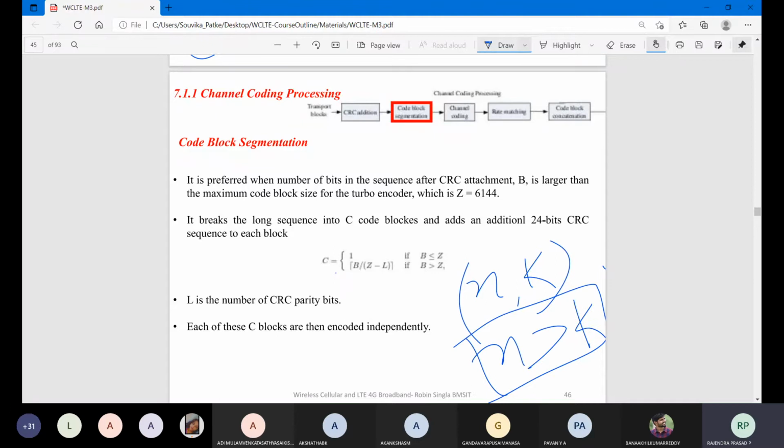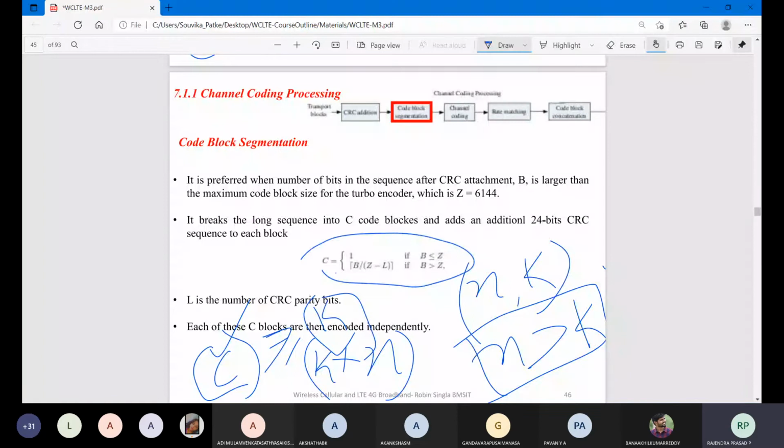Because you are going to have the prefix value k plus n, your C value will always be greater than your message bits. To have these conditions sorted out, they use this expression.